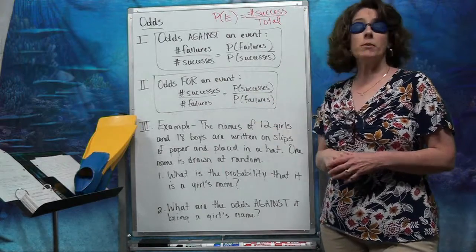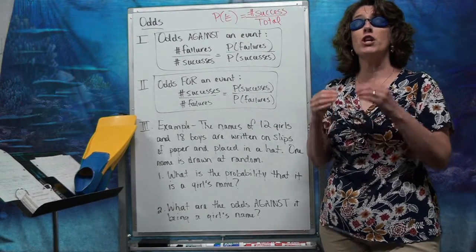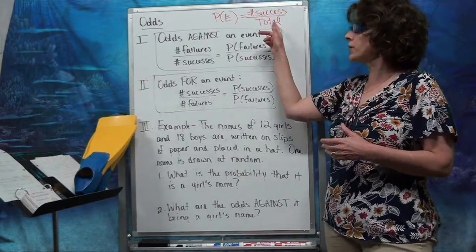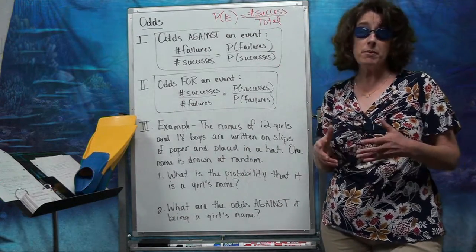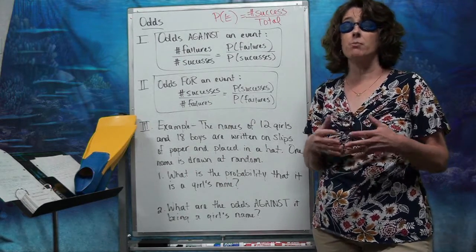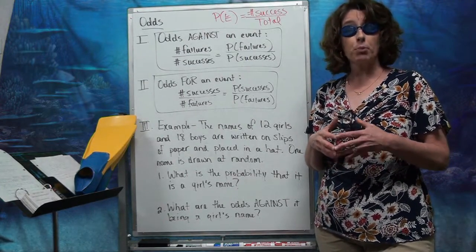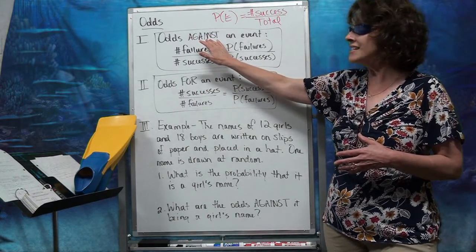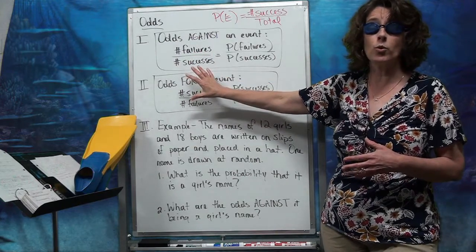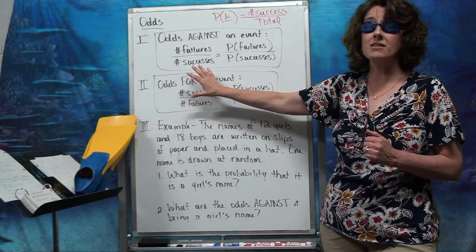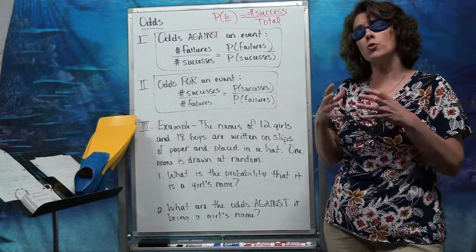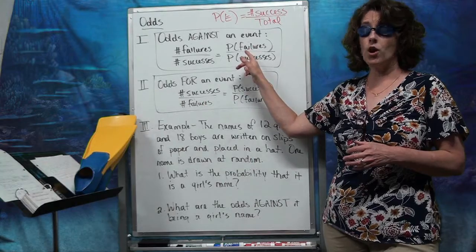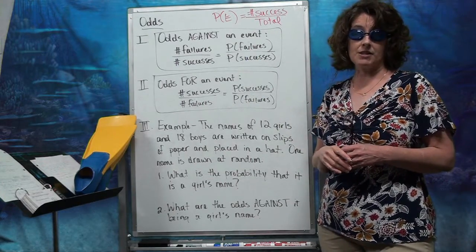Now in either of these formulas, if I don't know the number of successes or the number of failures, or for that matter, the number in the total, and all I know is the probability of the event or the probability of a success, the probability of a failure, then I can use those probabilities to come up with these odds. So in other words, if I'm looking at the odds against an event and I don't know the number in the total or the number in the failure or the number in the success, I'm still concerned with failure, but instead what I'll do is the probability of the failure over the probability of the success.